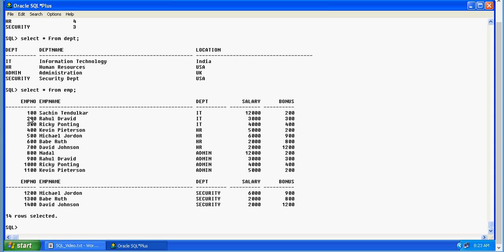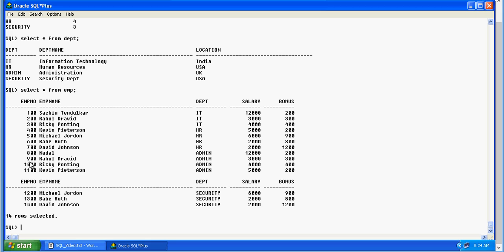So in the case of employee table, if you look at it, employee number is the primary key for the reason that employee name can be repeating. Rahul Dravid has employee ID 200, but there's another Rahul Dravid with employee number 900.